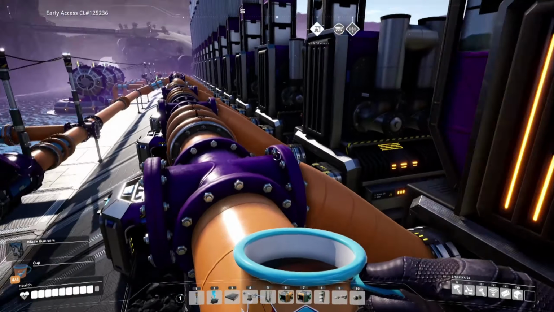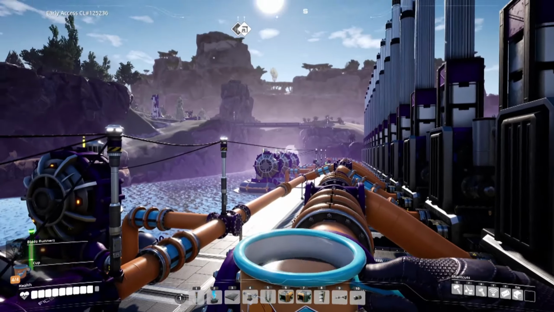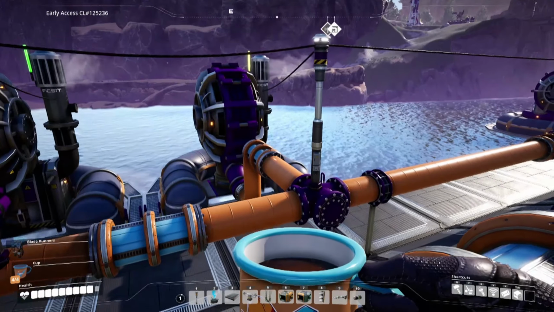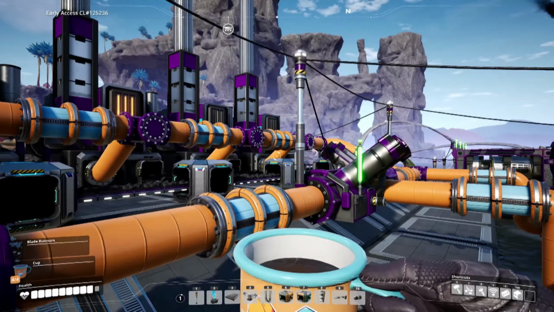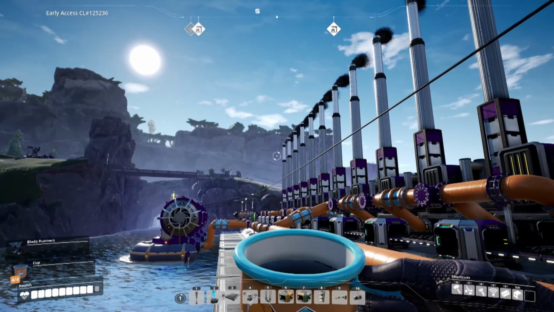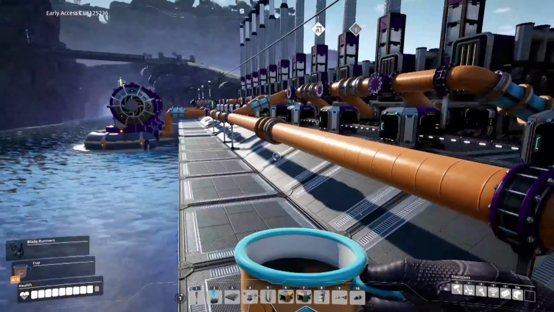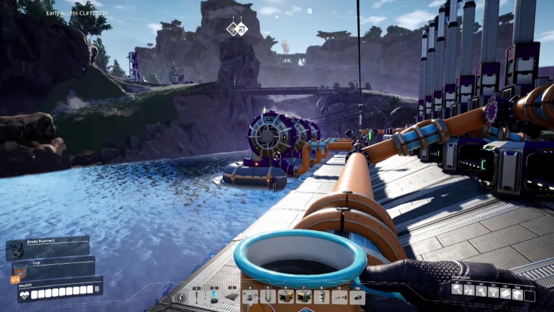All are going here, and these 3 extractors run 8 generators. Those 3 run another 8. Wait, do I have 20? I might have miscounted. I think I might have 20 coal power. Yeah, I have 20 coal generators, not 16. We got 1, 2, 3, 4, 5, 6, 7, 8, 9, 10, 11, 12, 13, 14, 15, 16. Yeah, I have 20, yeah. I'm not sure why I suddenly thought I had 16, because, yeah, I set up the trio of extractors to